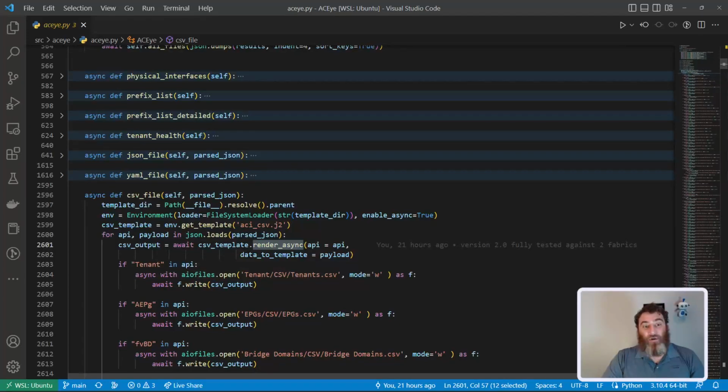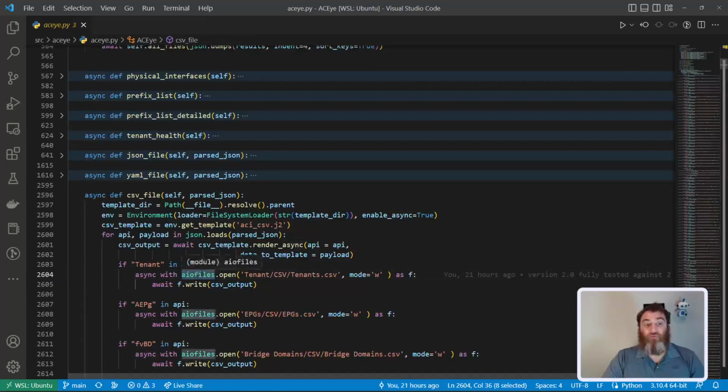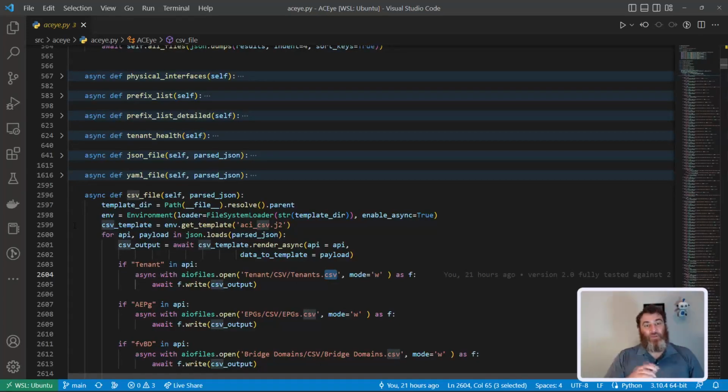Once we have rendered our template, CSV output is the rendered Jinja 2 templated version. Use the async aiofiles to write that CSV output to a CSV file. So again,